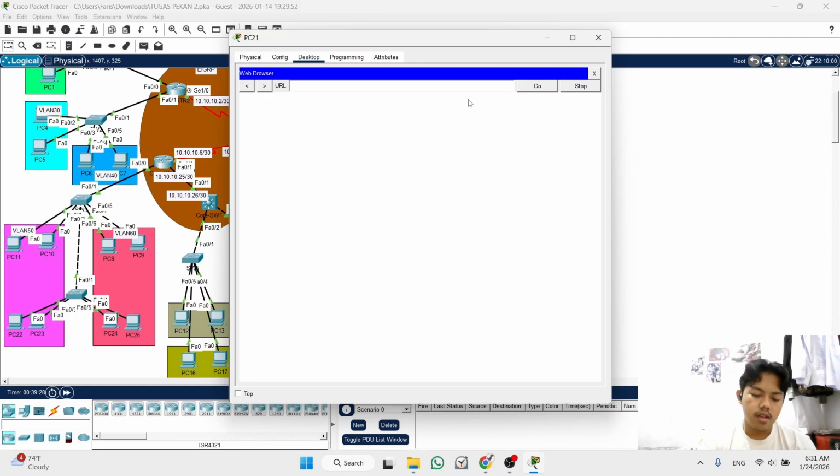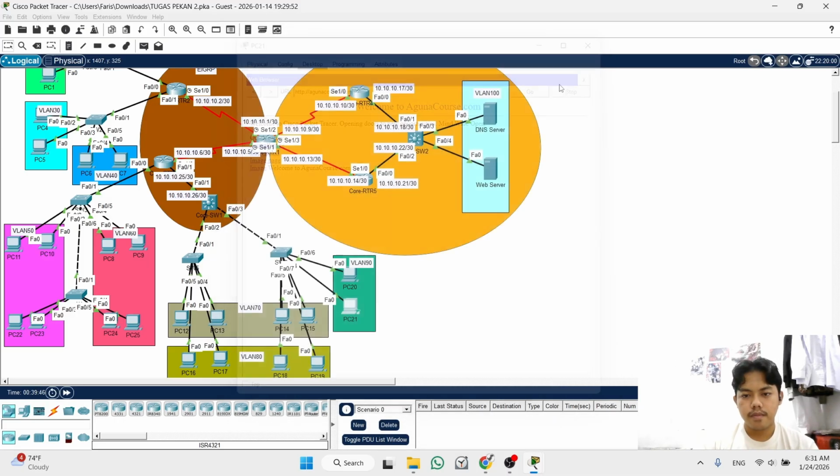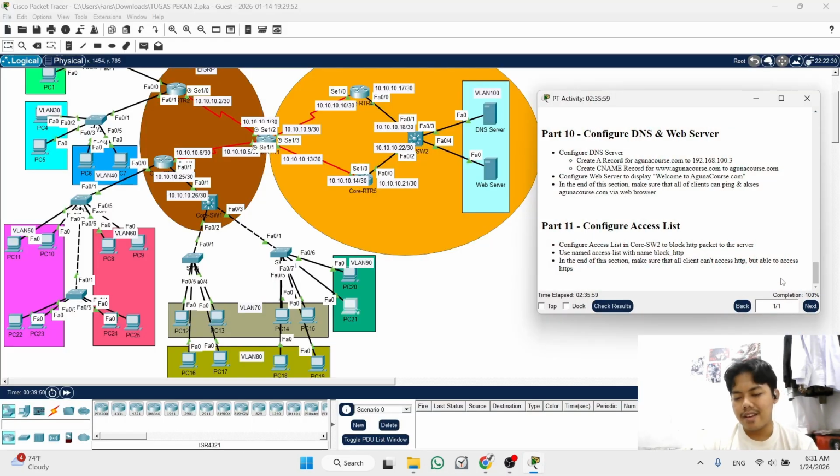Now we try agunacourse.com. It works because we haven't put the configuration on interface VLAN 100 yet.